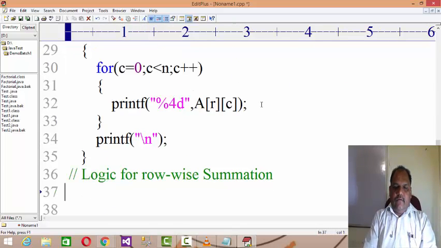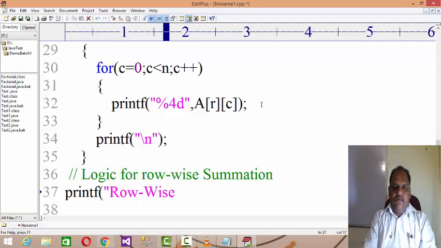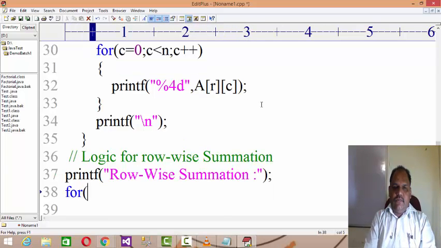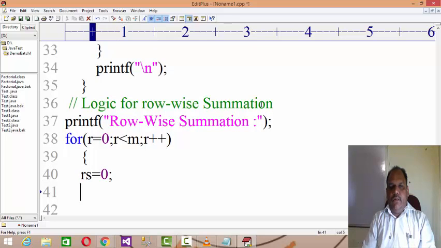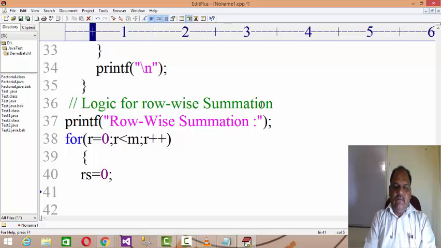For again r equals 0, r less than m, r plus plus, and after that rs equals 0. Every time before going to the columns, it's a row wise measure. For each row, the column has to be changed. So for column equals 0, column less than n, and column plus plus.